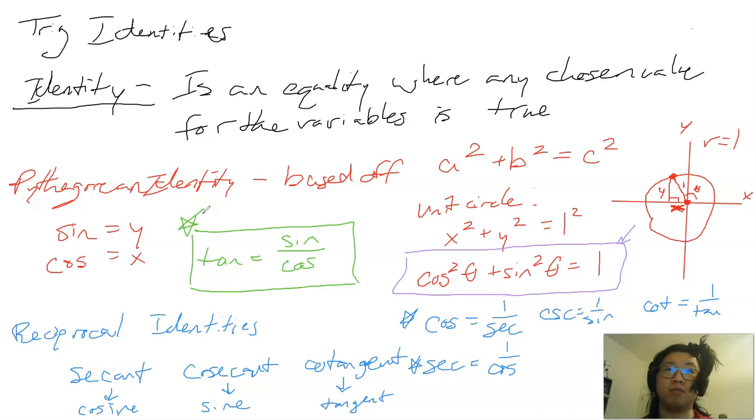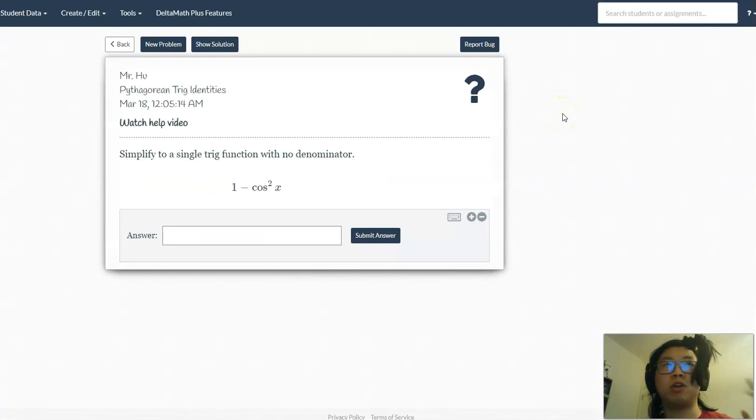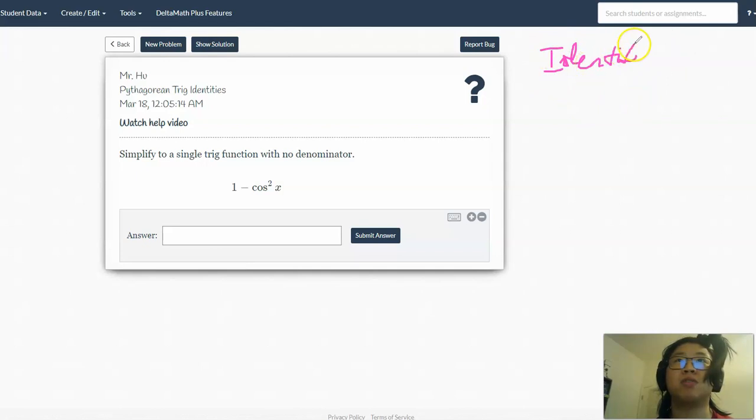But these are all the basic identities you're going to need in order to complete the IP and succeed in higher level math. So let's go ahead and look at our Delta Math, and let's take a look at some problems. You can try them in class as well. All right, so I'm back here with our Delta Math, and I'm looking at our Pythagorean trig identities module. You're going to have to do a couple of these in order to pass the IP, but basically, the reason we talk about identities now rather than later, like maybe you're waiting till calc to do it, is because they're very useful in helping us substitute. So I'm going to write that up here really quick. Identities help us substitute,